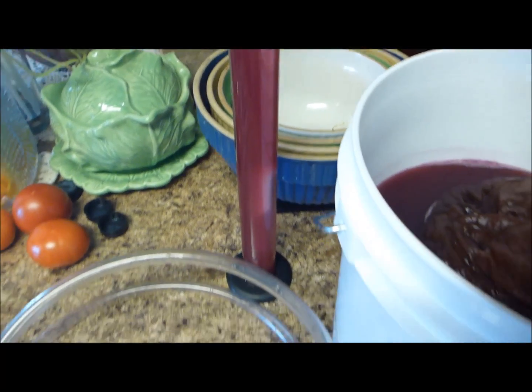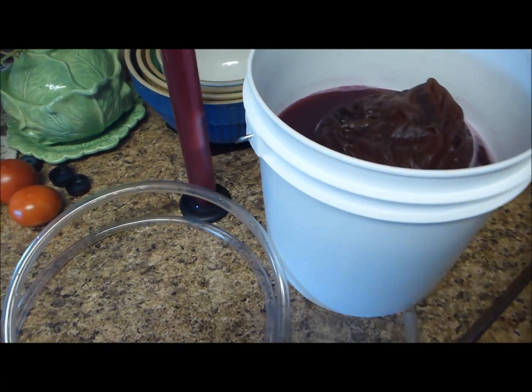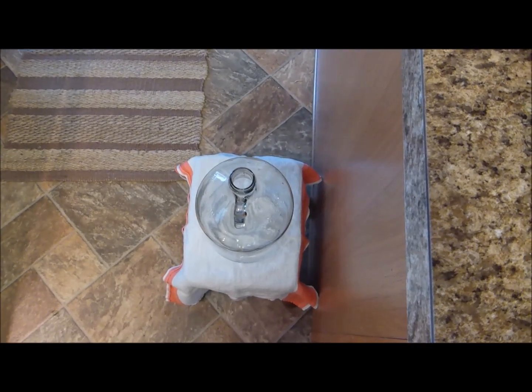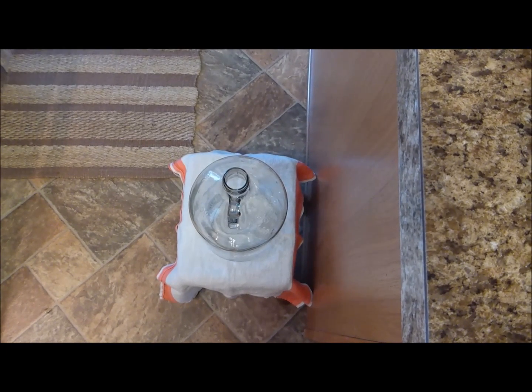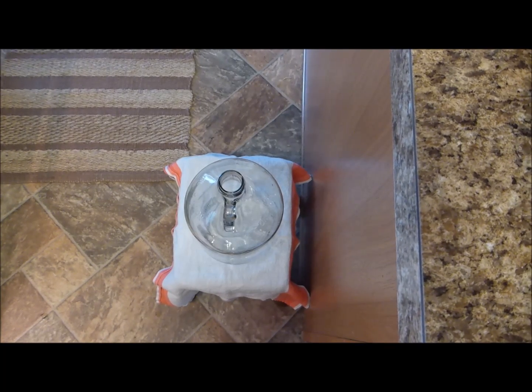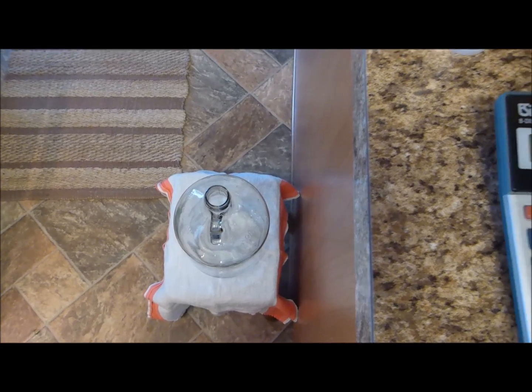So what I have to do now is siphon what's in this bucket down into this glass 1-gallon jug. Now, I have several of these gallon jugs. I've gotten them from a restaurant. They once contained Tabasco hot sauce. It's been thoroughly delabeled and cleaned and sanitized with sulfites,